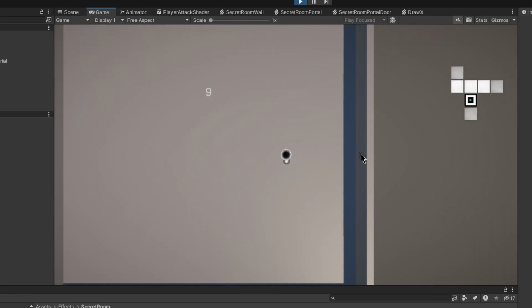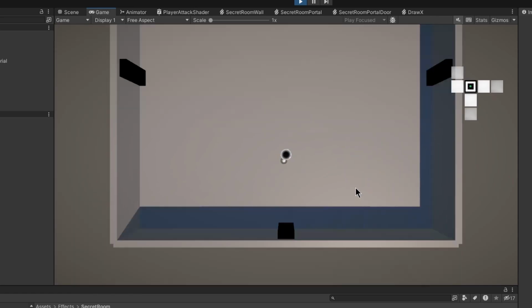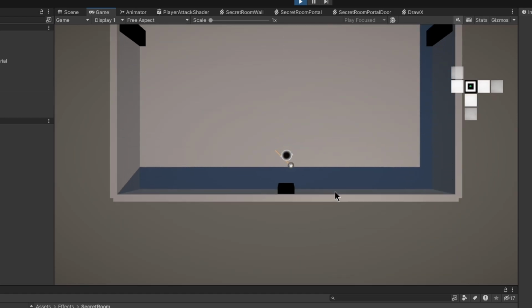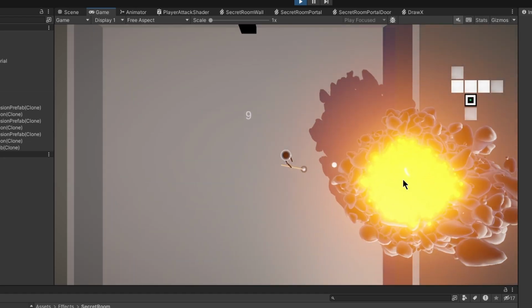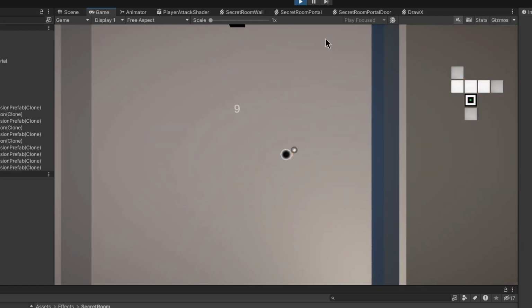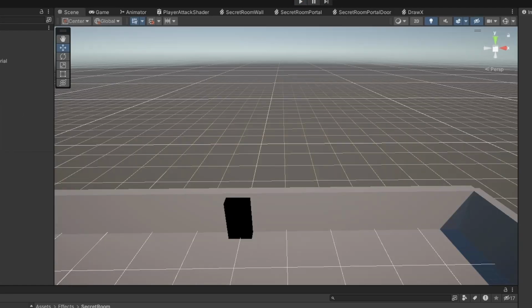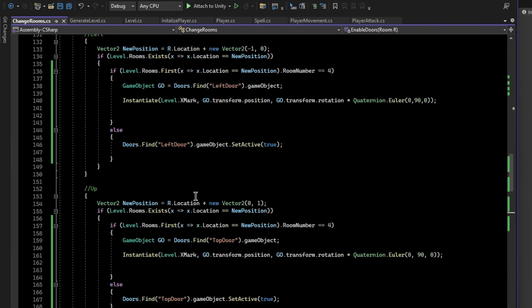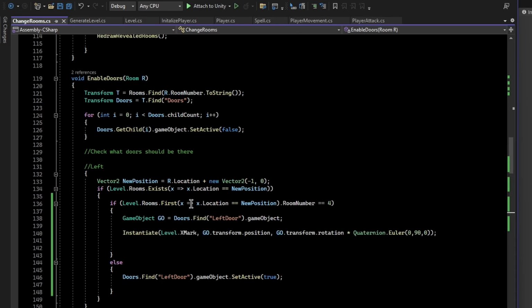Now there's another problem. Every time we enter this room, it will draw the X. So we don't want to be able to spawn infinite X's, because then you could blow up multiple rooms. Oh, it blew up all of them at once, but you could blow up multiple at once. So if draw X is already in the scene, we want to not do that, right? So what we want to do is check the entire...